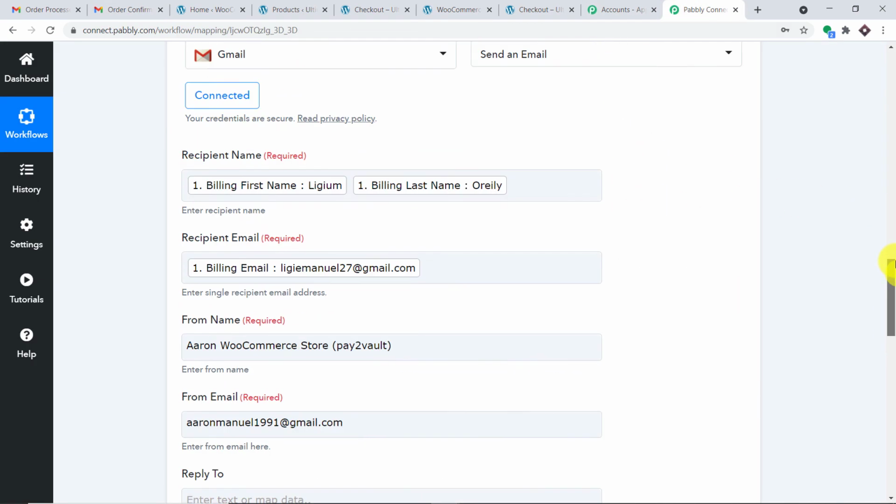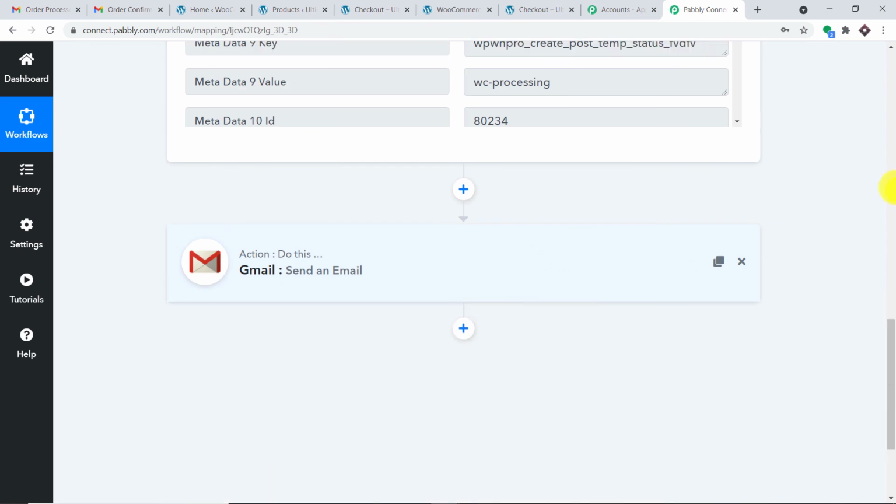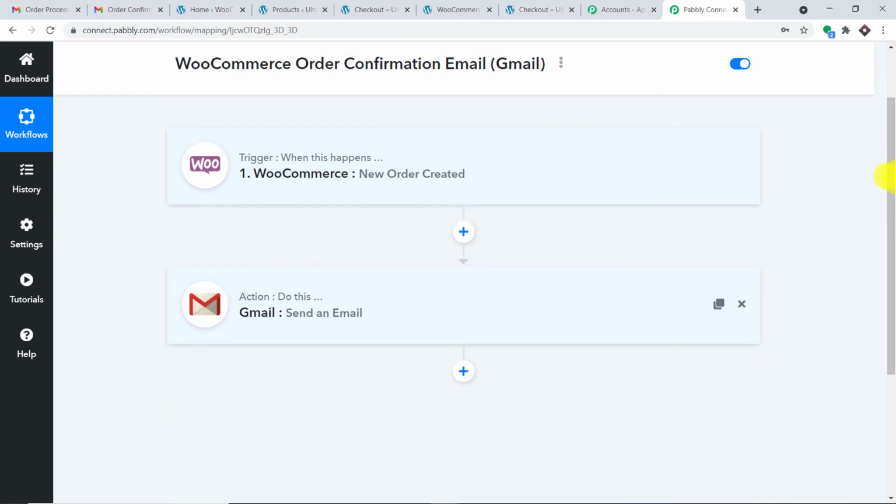Now before you leave, let me just explain to you the whole mechanism in a nutshell. So I have minimized both my windows. I have minimized the trigger window, I have minimized the action window. So basically this is the whole process in a nutshell. First you integrated WooCommerce to Pabbly Connect, and then you have integrated Pabbly Connect to Gmail. So now there is a perfect flow of data between WooCommerce and Gmail. Excellent.